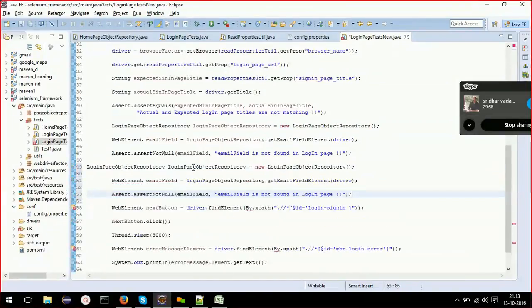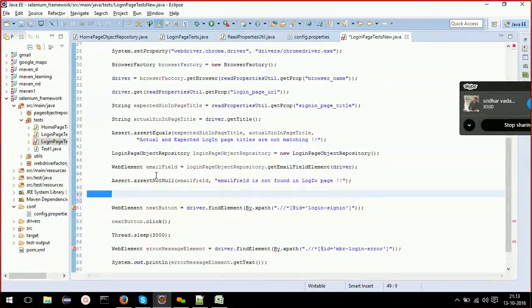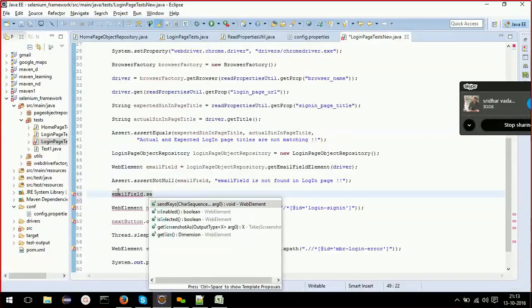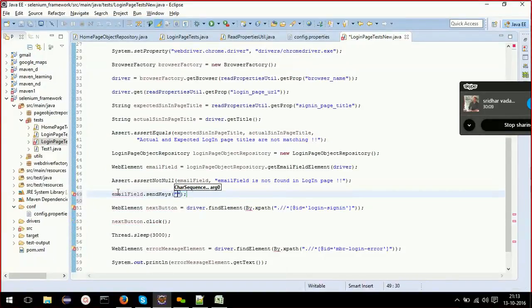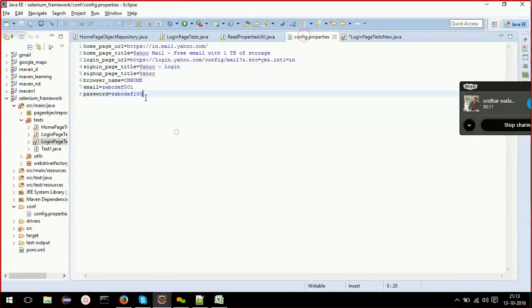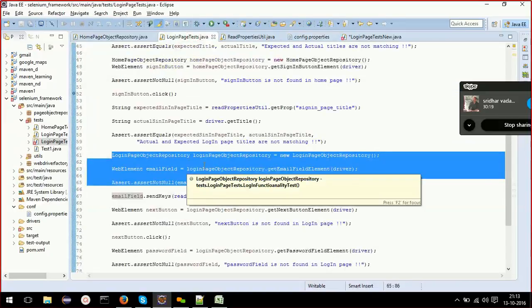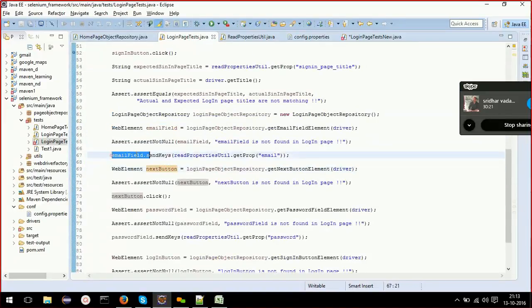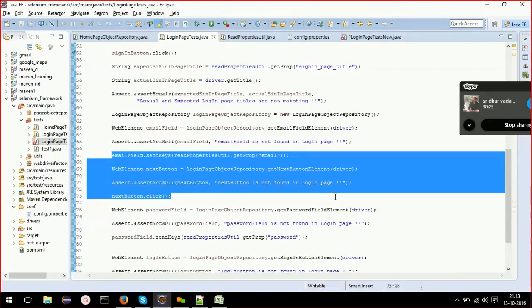For now, email field dot send keys, I'll hard code this. Okay, email. How to do that? There is actually email field dot send keys read properties dot get email. Next button dot click.